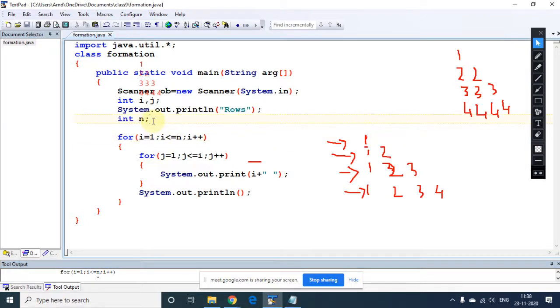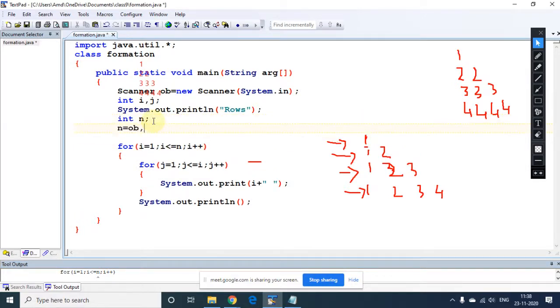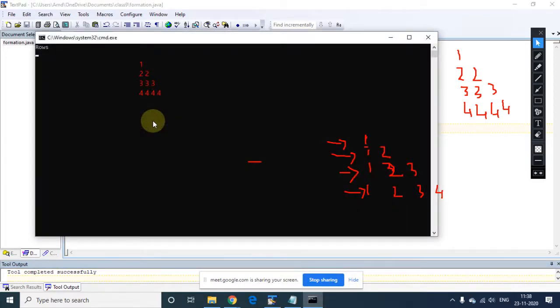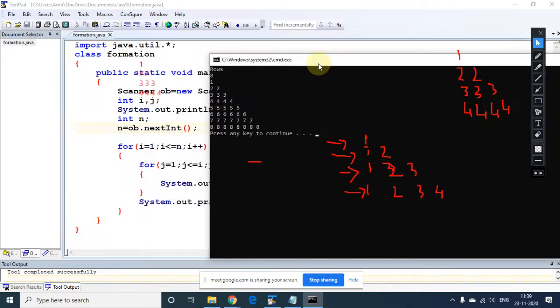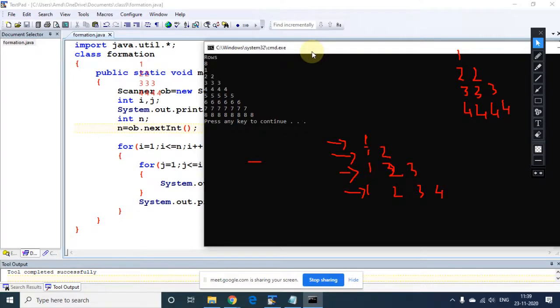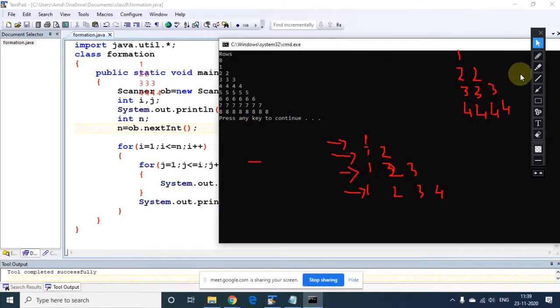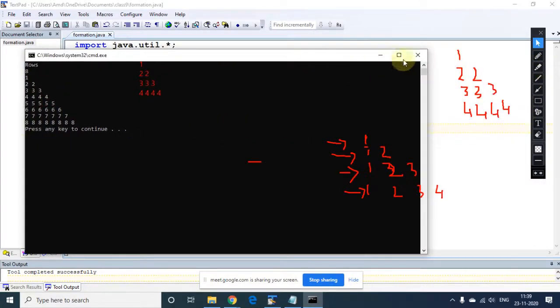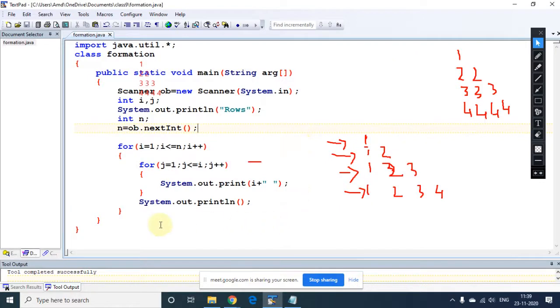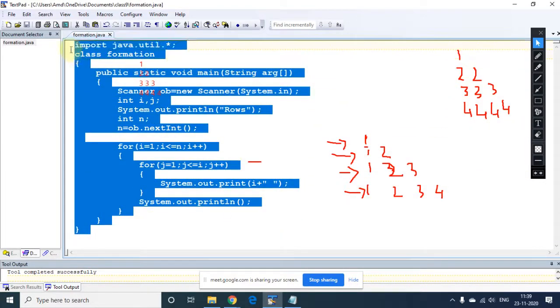Sorry, the input I have not taken. Now see. So now first of all, we are supposed to enter the number of rows, and for that you are getting the output. Is it clear, everybody? As you can see my screen. Yes, sir. Good. So now, the next, not the homework exactly, I am giving you 2 programs.